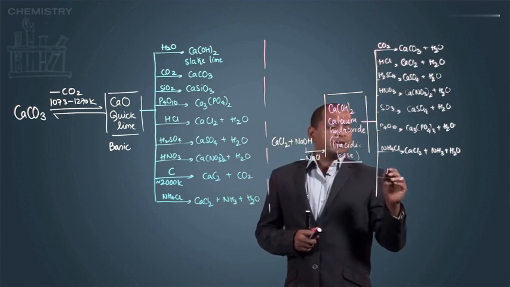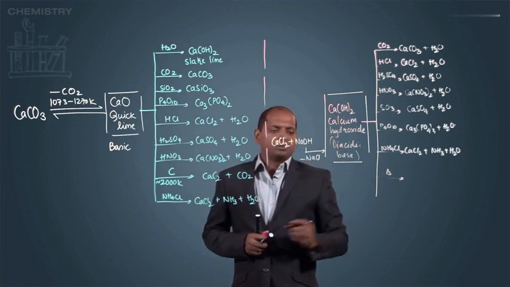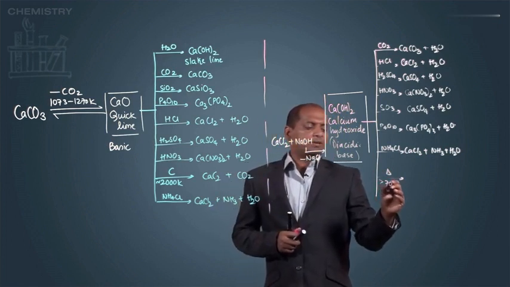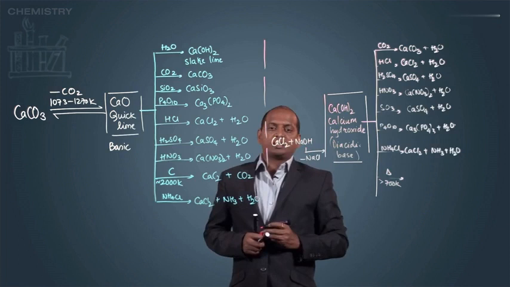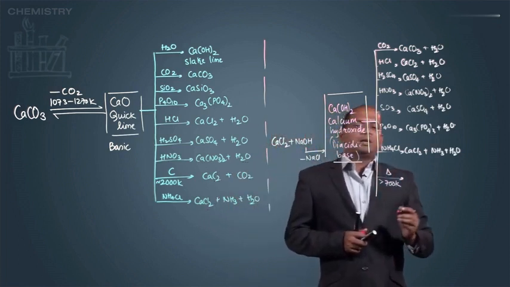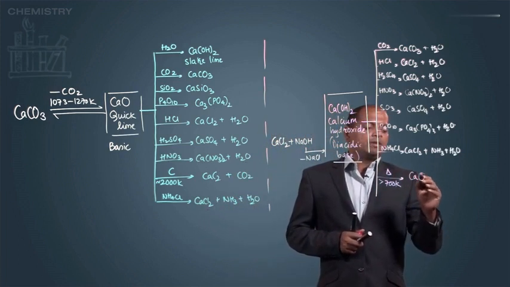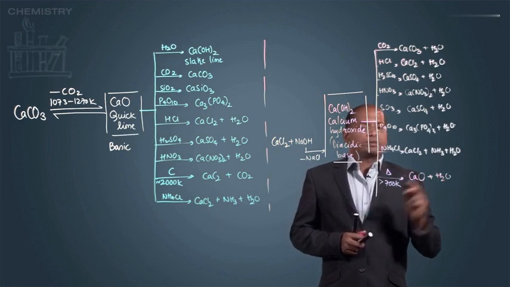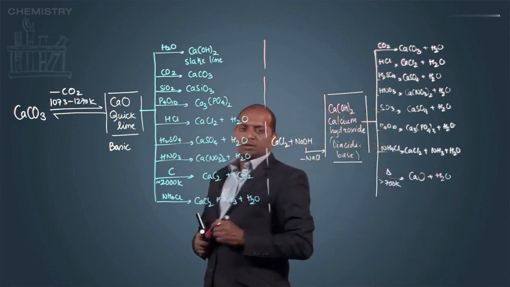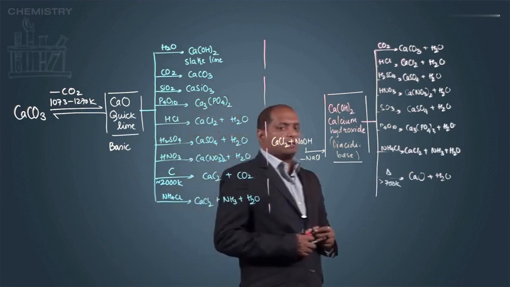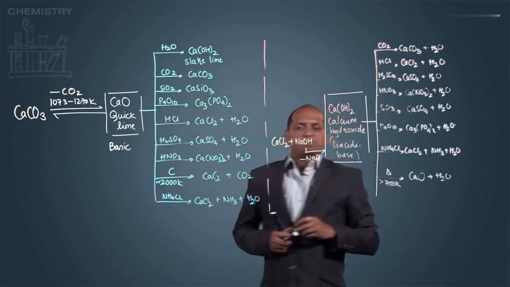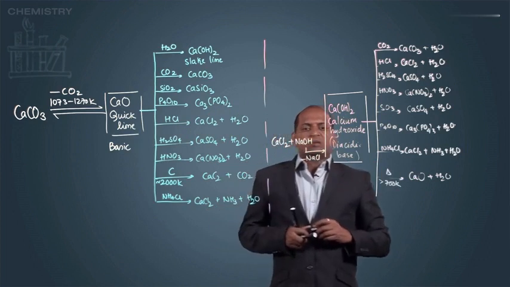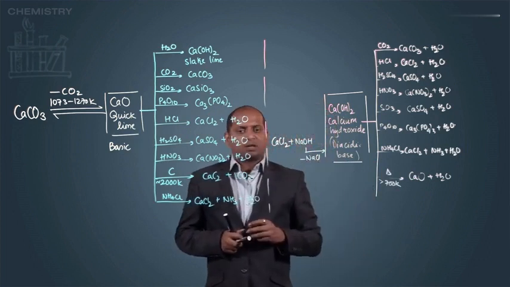Calcium hydroxide can be decomposed if we heat it to about 700 degrees Celsius, about 700 Kelvin. It undergoes decomposition and we get quicklime. So there is a loss of H2O, dehydration is taking place. A very interesting thing about this calcium hydroxide solution, which is actually slaked lime, also called